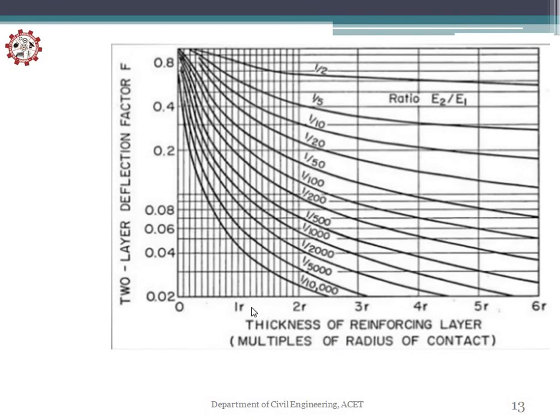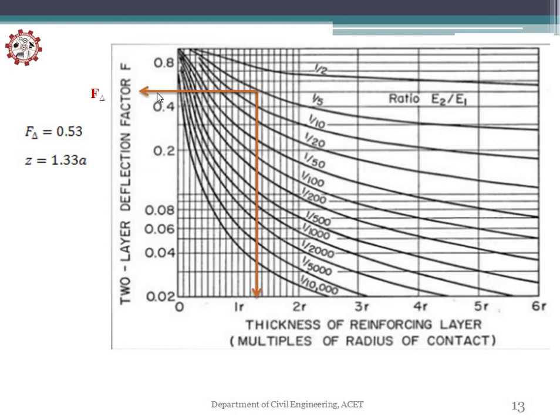So this is your graph. R means a here. Here they have shown R and I have taken a there. Okay. So it is one and the same value. So F delta factor is 0.53 and Z is 1.33a. So from these two values we have to find which curve we are going to get. So when you are taking this, it is 1.33. So this is 1R. So 1.1, 1.2 and 1.3 here. And from 1.3 you are cutting the curve and projecting here, so you will get F delta.